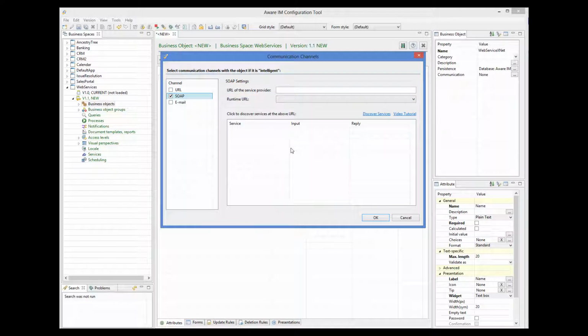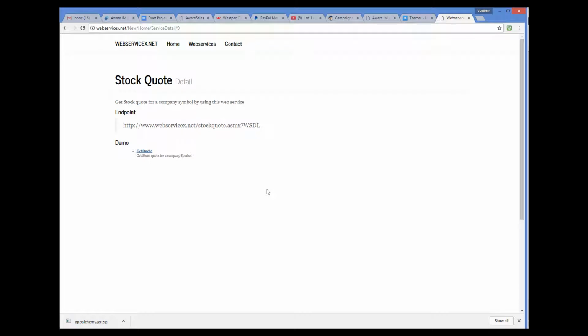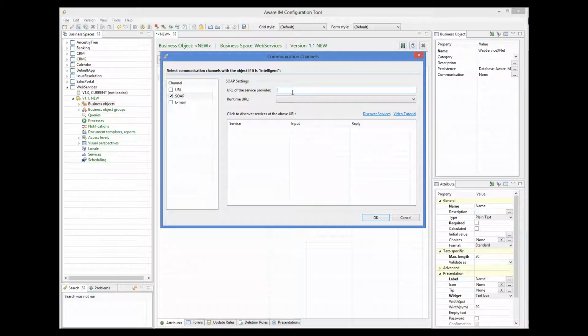Every service provider has such a file, and if you need to use their web services, you need to inquire about the location of the file. I go to the website of our web service provider again, and sure enough, I can see the URL of the WSDL file. I copy this URL and I paste it into the text box here. Now I can discover web services exposed at this URL. I click on the Discover Services button,